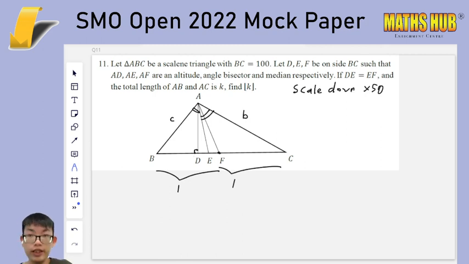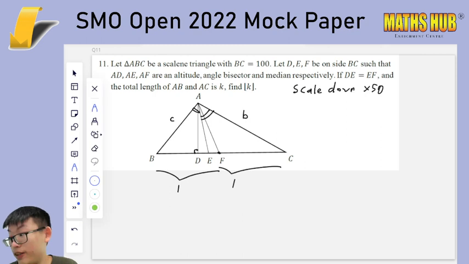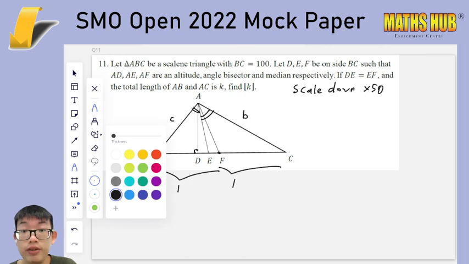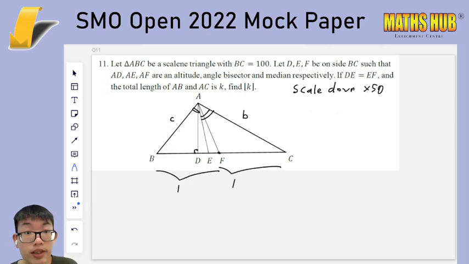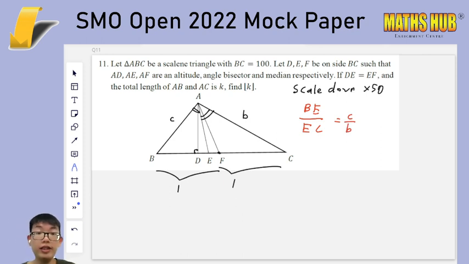I'm going to just find what BD and BE are. And both of those are not very difficult tasks, because for BE, I can use the angle bisector theorem. The angle bisector theorem just tells me that BE over EC is C over B. So it divides this length 2, BC, in the ratio C is to B. So BE